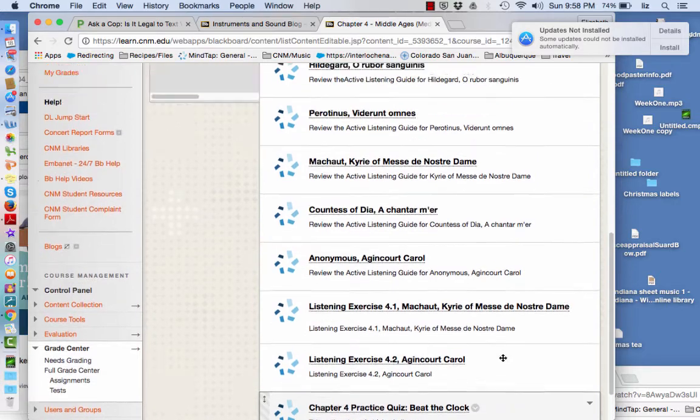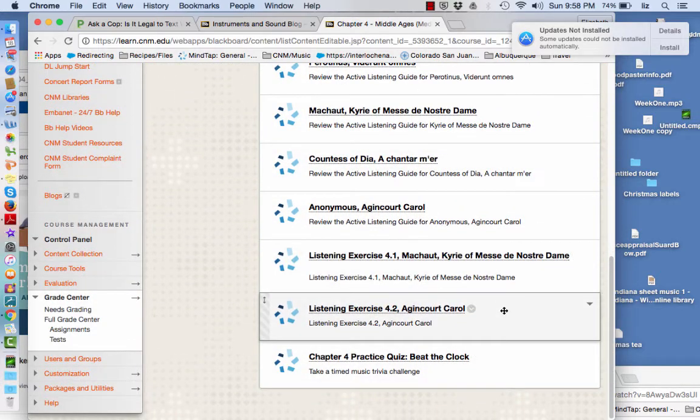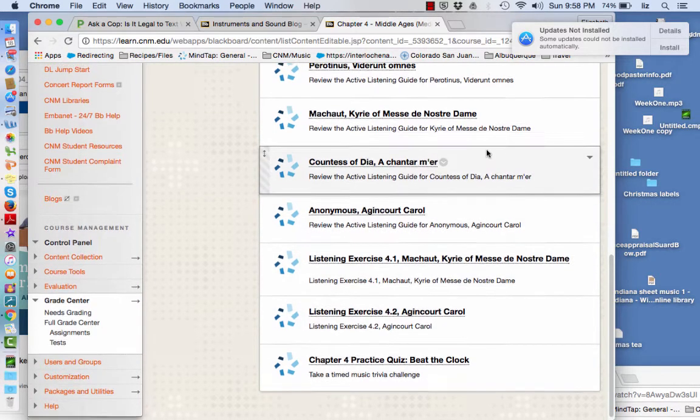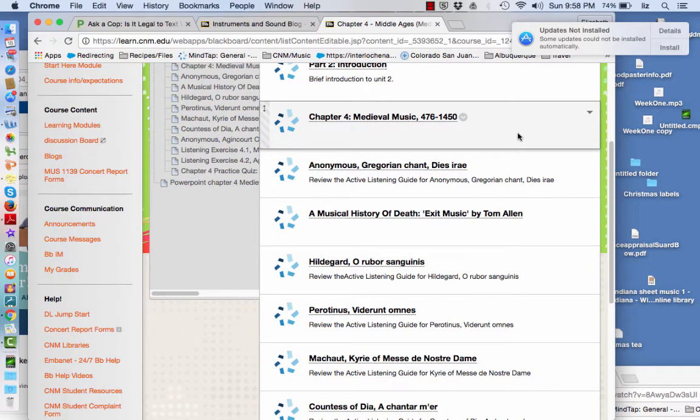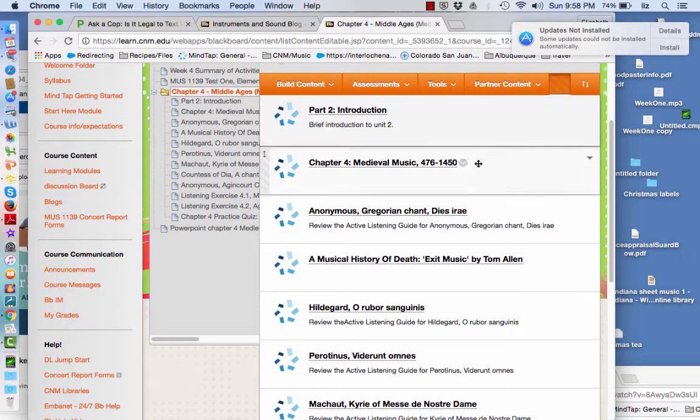It looks like a lot, but the listening guides go with the listening exercises, and there's a lot to listen to, but there's not too much reading really for this chapter. It encompasses a whole lot of history, but we are not going to be studying dozens of pieces from this time.